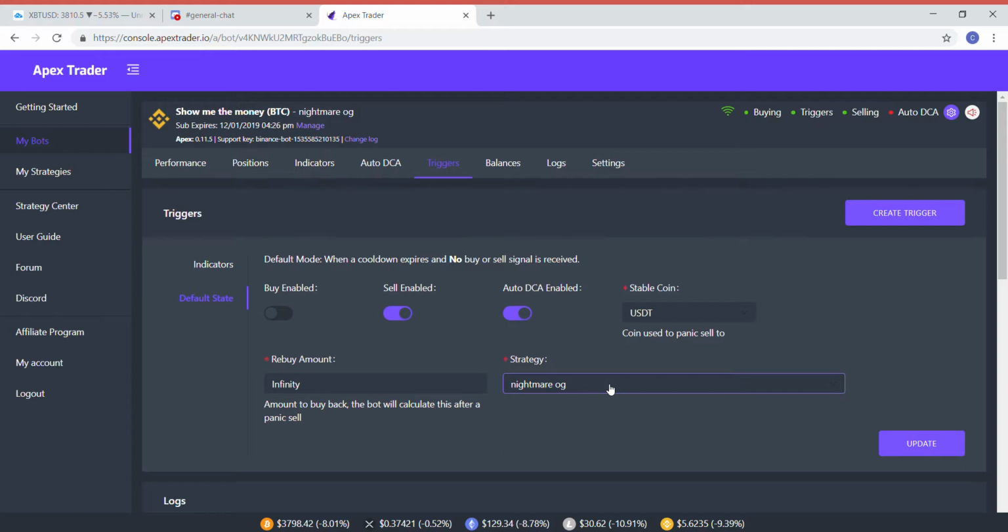I'm not publishing my strategy yet, but we'll get to it. Nightmare is my sideways strat, so that's my default. So now I want to create a trigger. I want to create a trigger so